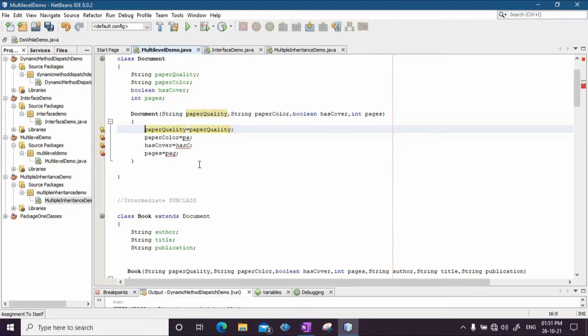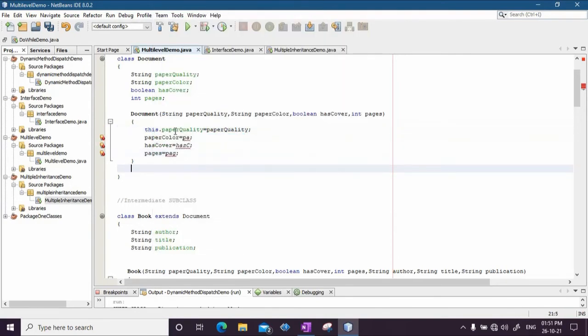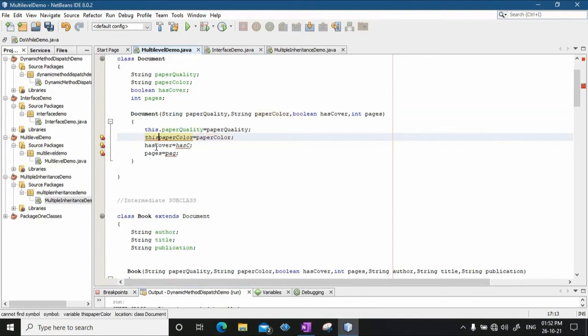And that's why I had written here this dot paper quality. So now it is very much readable. When I say paper quality here, this paper quality refers to a normal string whose value we have taken from somewhere, whereas the left hand side paper quality is the object which is in action, that object's paper quality attribute. So this dot paper quality. Similarly, paper color, I can write paper color here, and I can say this dot paper color.